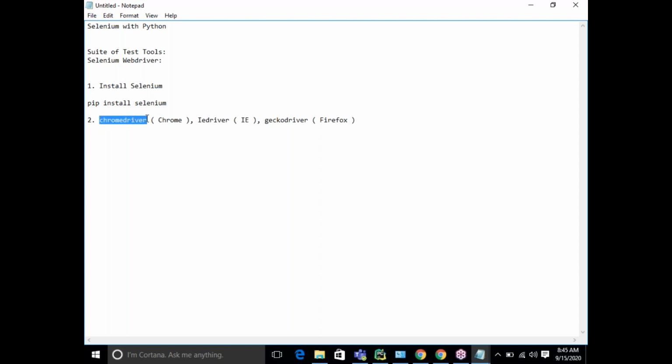So we'll also work on one driver because we are not going to see how different browsers work. We are only going to see how we are going to automate an application. So we need to work on at least one. So we are working on Chrome driver. Our focus will be on the Chrome driver. So the first step is installing Selenium. The second step is to download